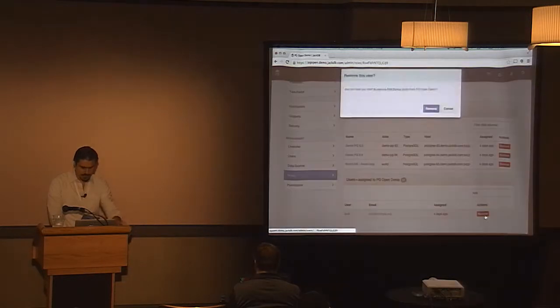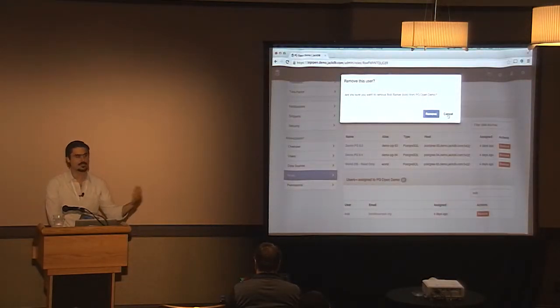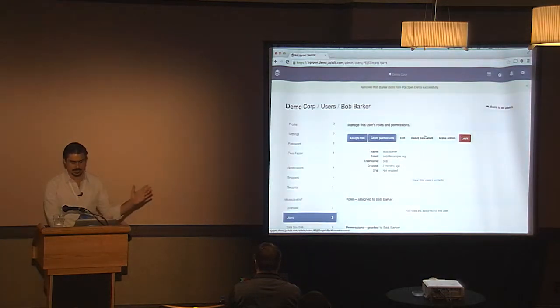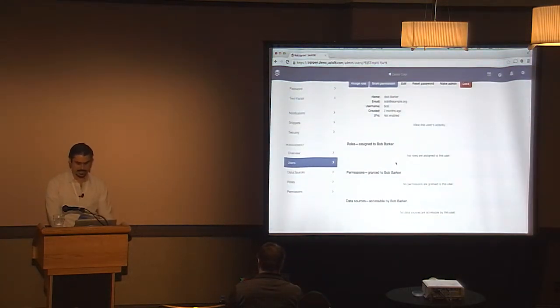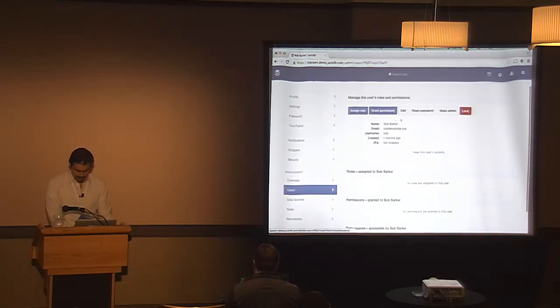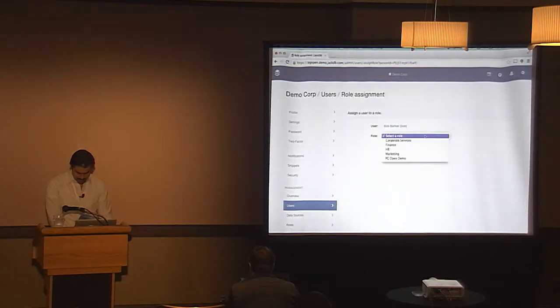So it really is just removing someone from a role. You don't have to ask them to forget a password. You don't have to revoke something, and you don't even have to muck with the individual databases themselves. In this case, I have 3 data sources attached to this role. Just by clicking remove, Bob no longer has access to any of those data sources. So now Bob is basically useless. So let's actually put him back in for a second too.